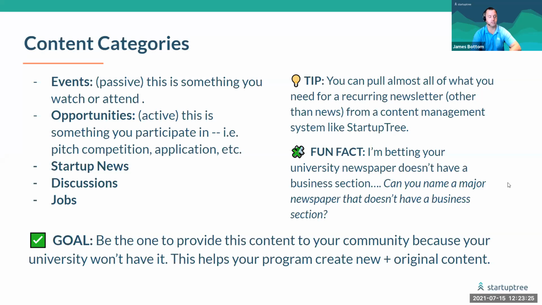So one of the sections that I always wanted to put in my previous institutional newsletter, but didn't, was a discussion tab. I think in the last year, Hulda can probably know this better than me, the forum functionality of StartupTree was completely revamped and made better. So when we had people coming in and asking, hey, can I find a co-founder? That's a function of StartupTree that you can use.